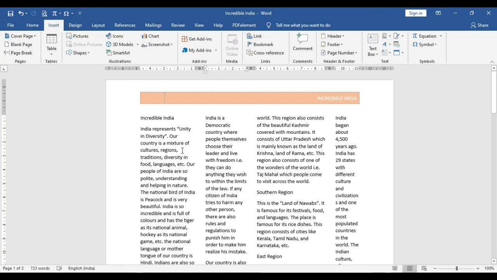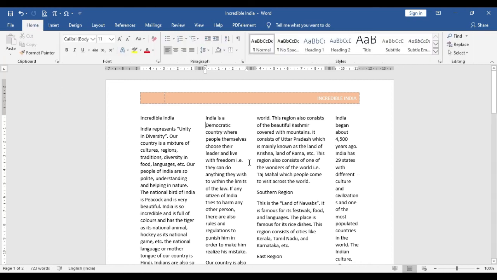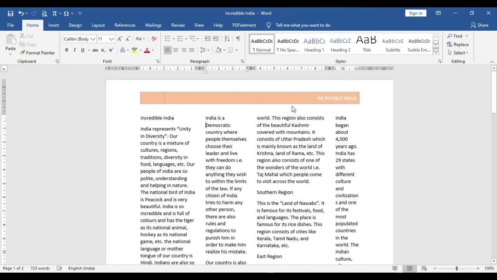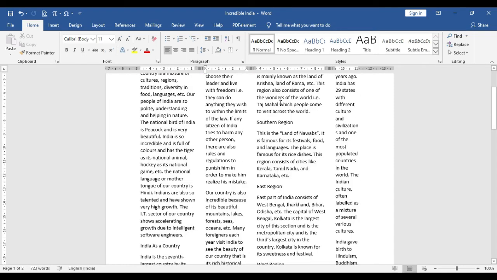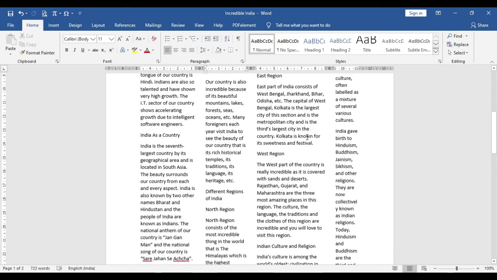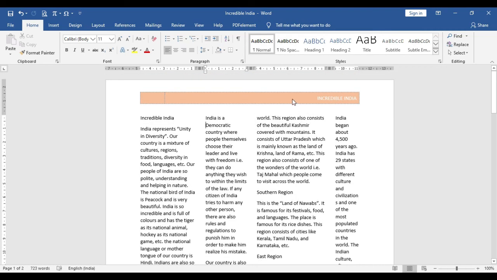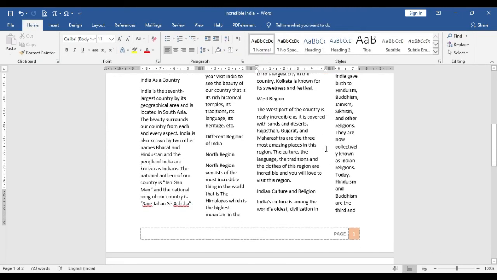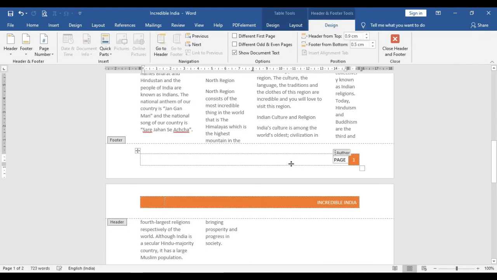Another way is, just be on the document, click on the white margin on the top or white margin on the bottom to insert header or footer respectively. Like, just double click and you can see the header is selected. Similarly, at the bottom, double click and the footer is selected.